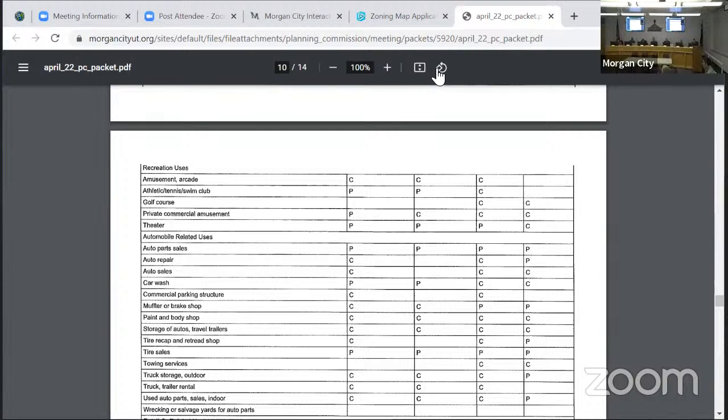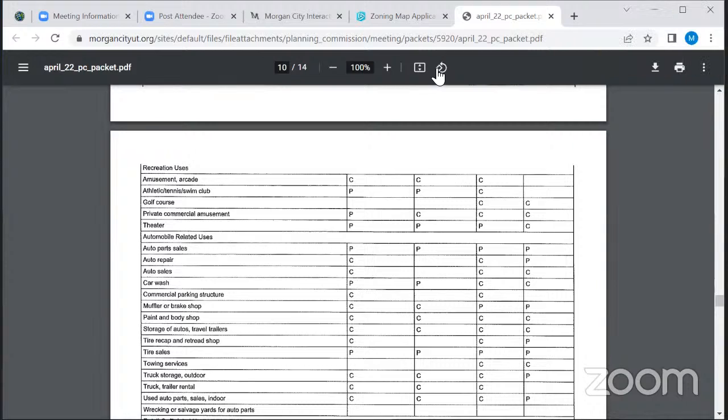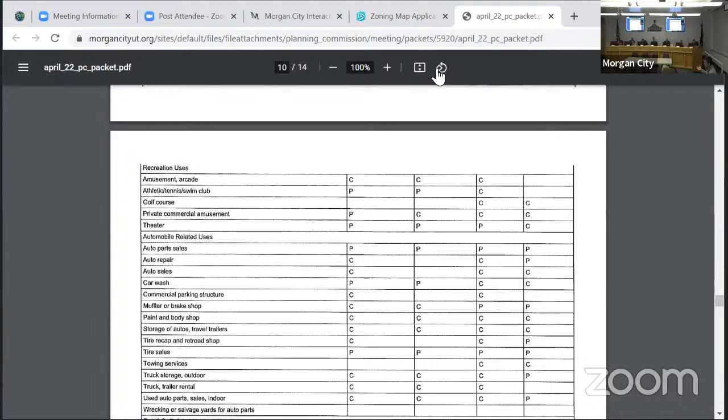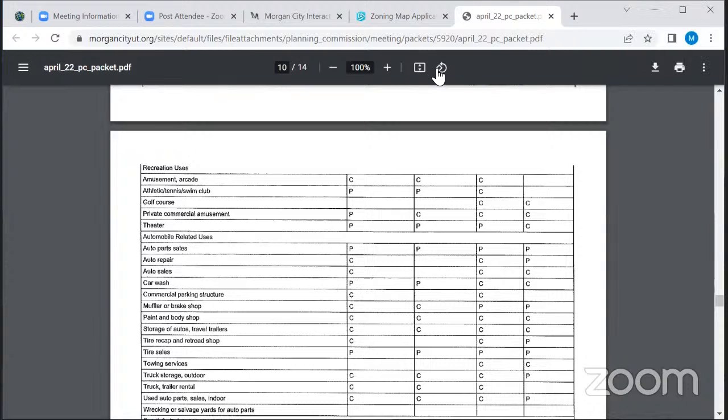While Steve's jumping on, I guess that's where the overlay zone kicks in, because it is an overlay zone. And so as a permitted use. Correct. That was done intentionally with hopes that